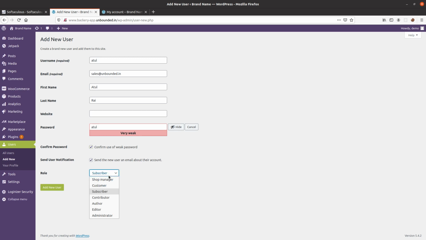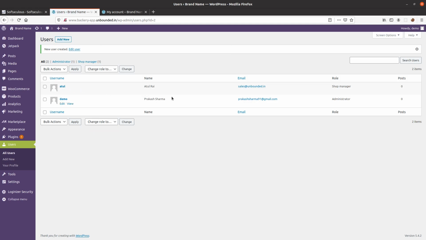And now in the role, you can select shop manager. The shop manager will have restricted access, and he'll be able to log into this UI. Alright, with all in place, just remember the username and password which we will be using for login. And you can choose to send an email to the account which you are creating the username for, so that they get a link to log into this particular URL. Click add user, and that's all. The user is created. Your shop manager will have restricted access to the admin panel. He should be able to help you create all the products, and you can just sit back and relax.